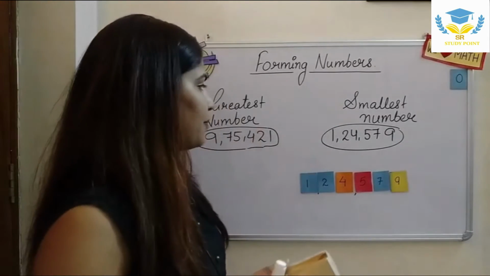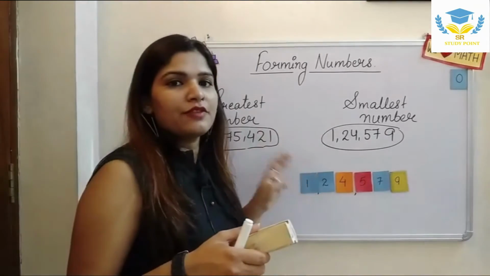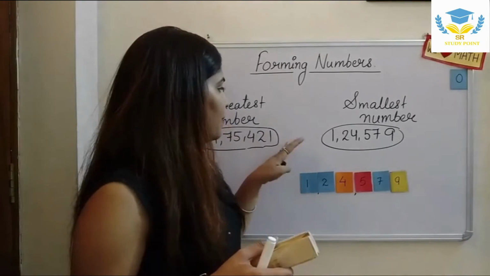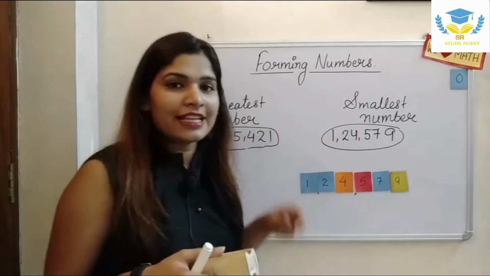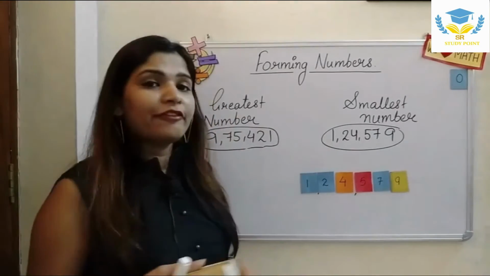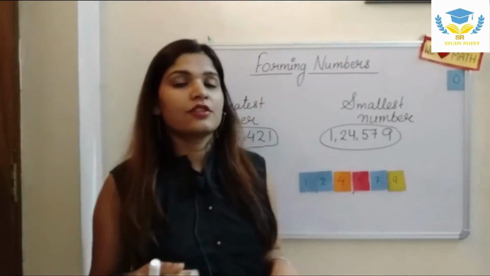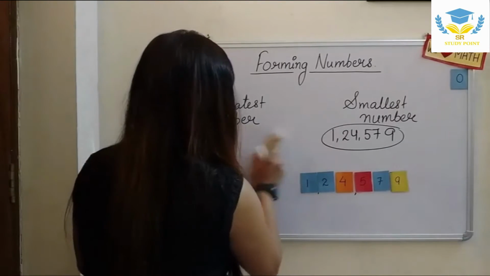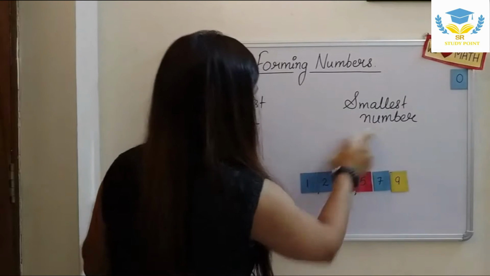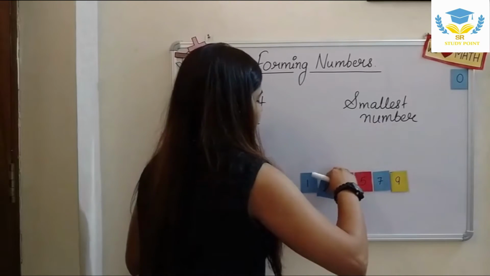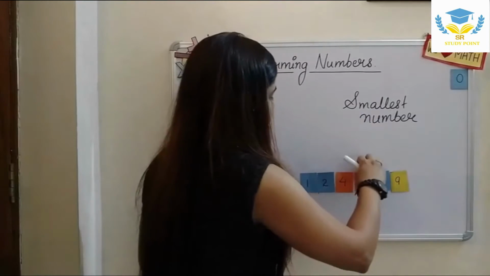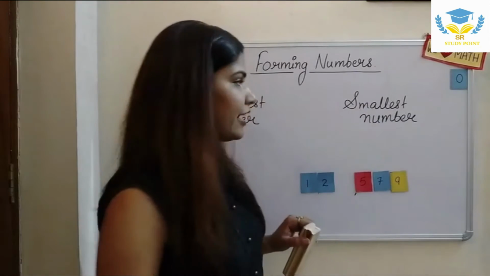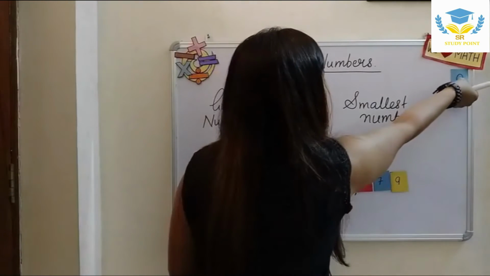These are the natural numbers which we have used over here as the digits. But what if we have 0 over here? So how can we form these numbers? Let us check now. If I'll remove 2, if I'll remove 4 from over here and I'll take this one 0.